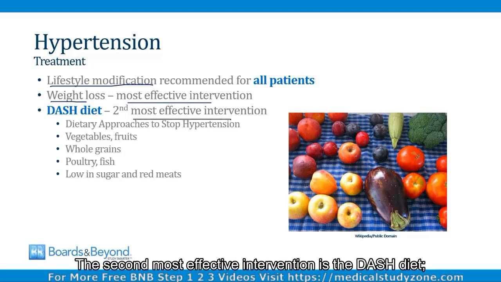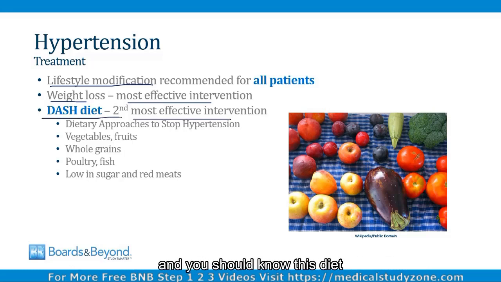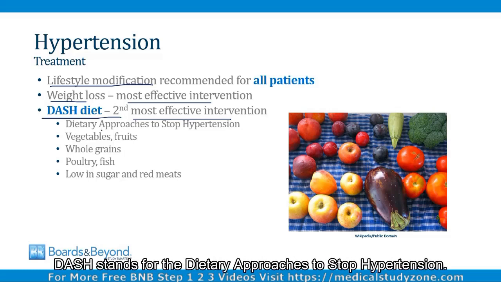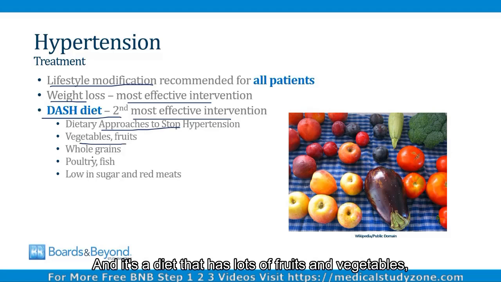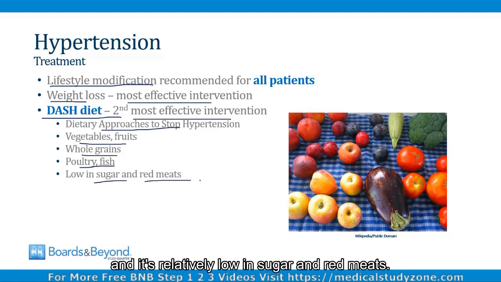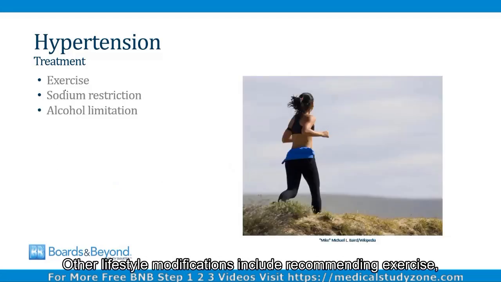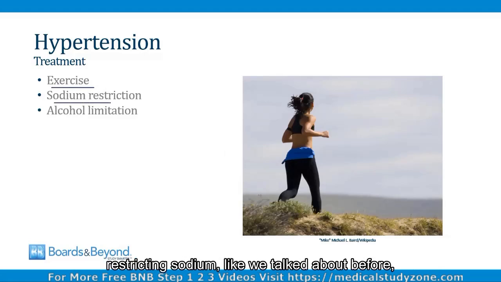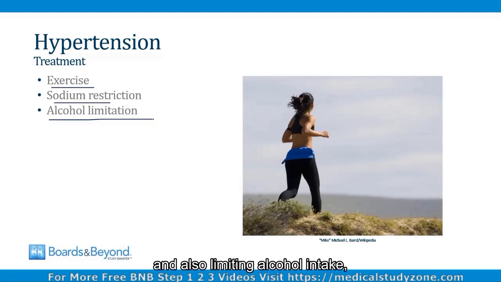The second most effective intervention is the DASH diet, and you should know this diet because it's been shown in clinical trials to be effective in reducing blood pressure. DASH stands for the Dietary Approaches to Stop Hypertension, and it's a diet that has lots of fruits and vegetables, whole grains, poultry and fish, and it's relatively low in sugar and red meats. Other lifestyle modifications include recommending exercise, restricting sodium like we talked about before, and also limiting alcohol intake, also like